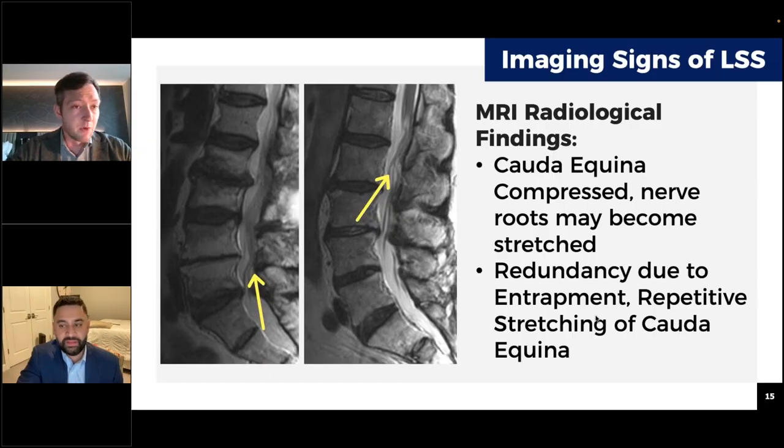Absolutely. So I would say most of the time in our clinic, we are not having x-rays brought to us. And so we're typically starting with the MRI. A great place to start is either T2 or STIR sagittal. Start in the midline and then scroll through to either side. Just have a light gaze upon everything and see if any of the findings here on this slide are jumping out at you. Cauda equina compression, nerve redundancy with this kind of linguini appearance.